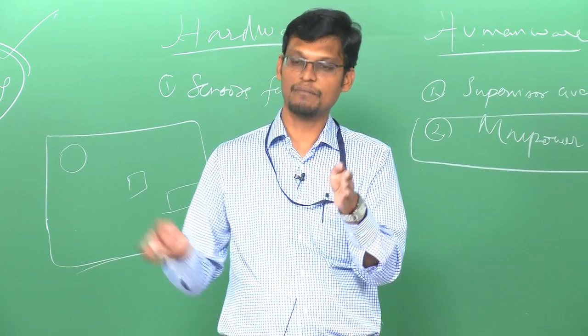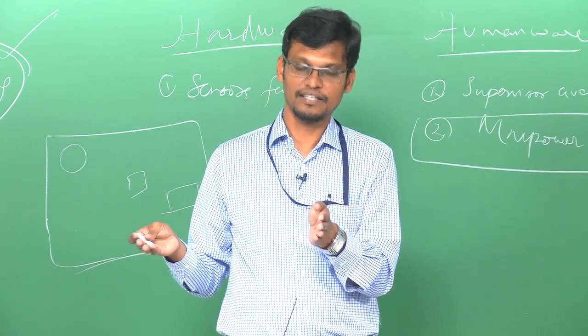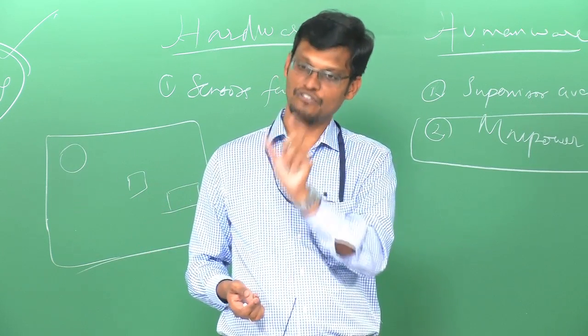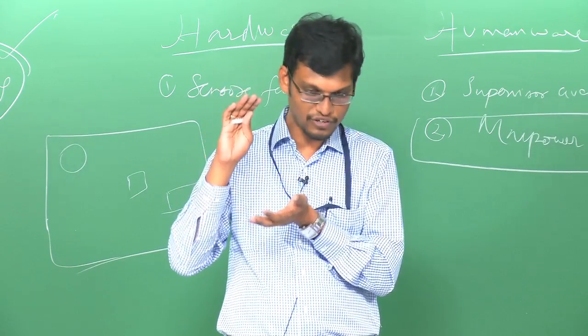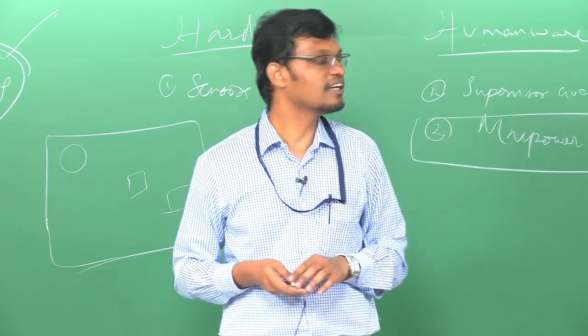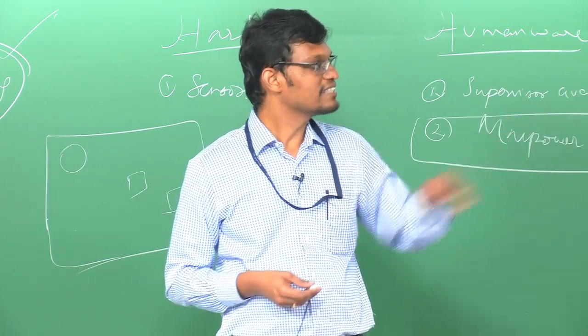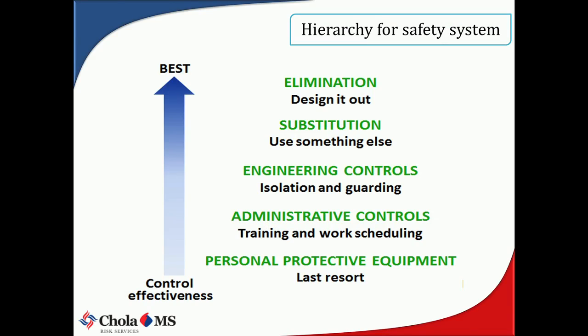Okay. For example, you have a process reactor, then what is the thickness, what is the pressure for its design, what is the cycles of operation for its design. These are all things which fall under engineering controls. What is administrative control? It is like saying, train the person, make him aware of what is the hazard, follow a work permit system, all that forms administrative controls, and last resort is PPE.